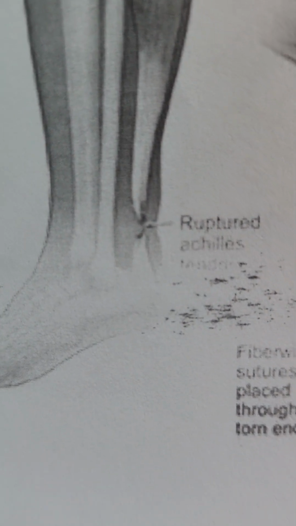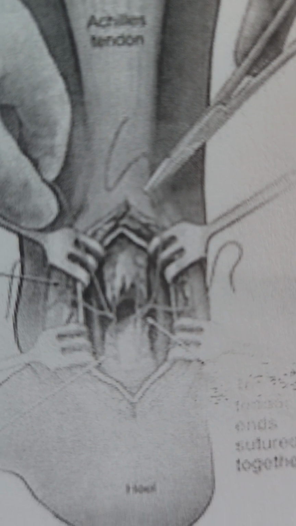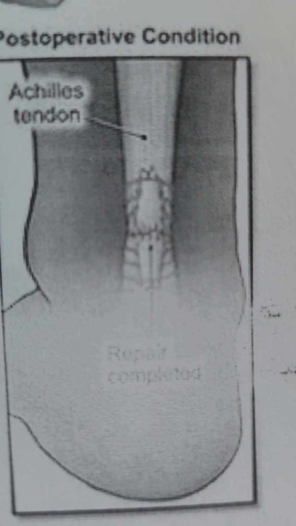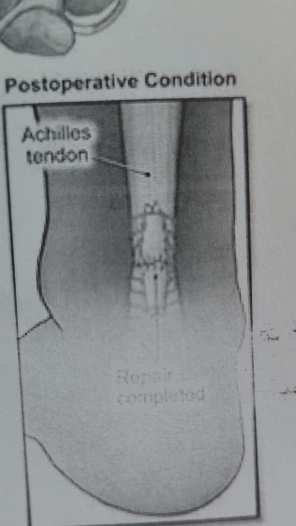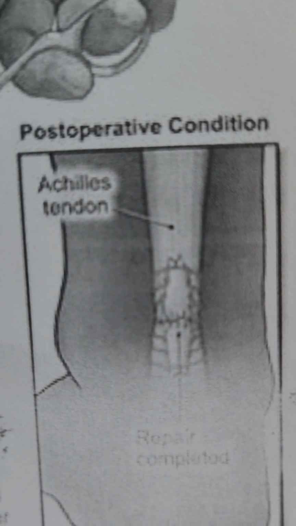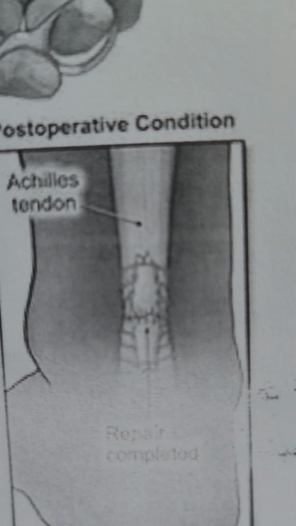See how it's ruptured Achilles? They open it up from the back of the heel. It's the Achilles tendon. They put little anchors there. Stitch it up. Therapy. See, post-operative means post-op, which means after surgery. And they have repaired it. So that is what an Achilles tendon